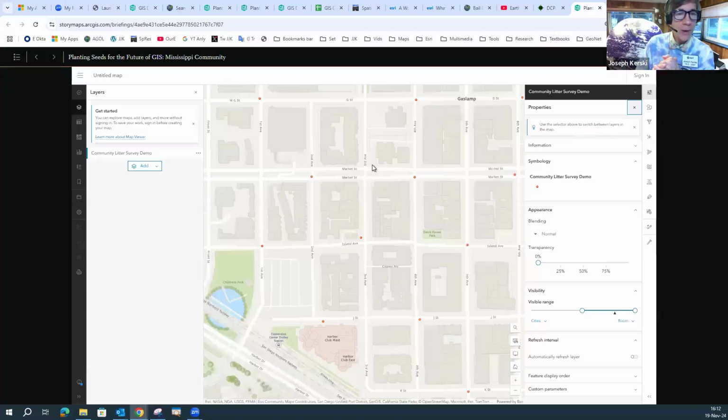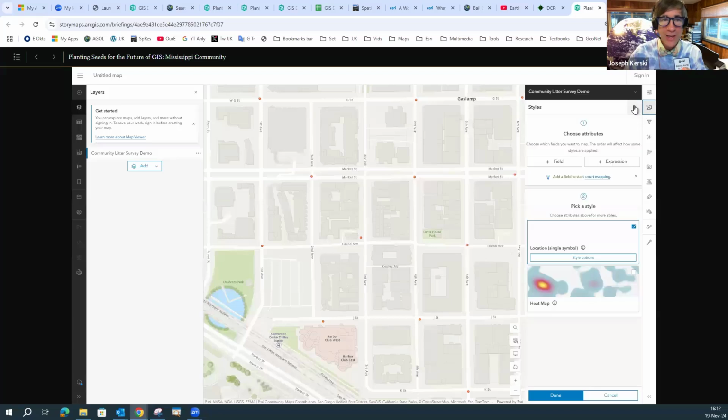What I mean by modern web-based GIS. So here's a map of some data out in the field, collected litter data. It's represented by these little gold dots. If I'm in ArcGIS Online, which I am right now, and I go over to styles, let's say I want